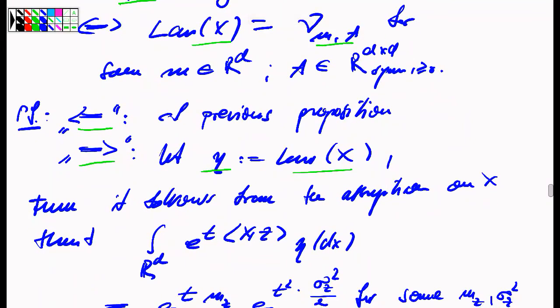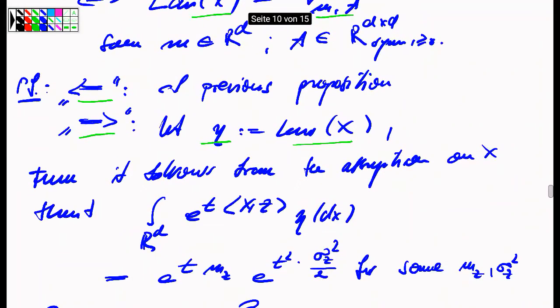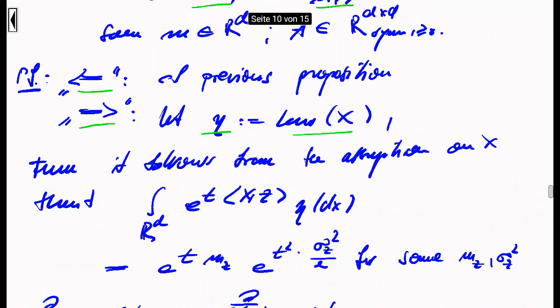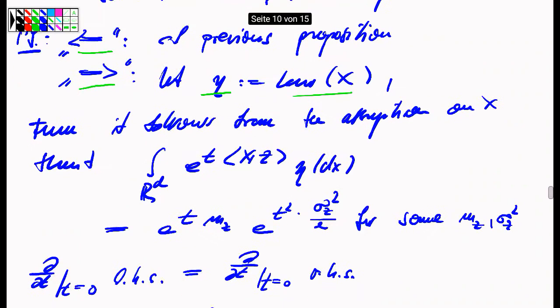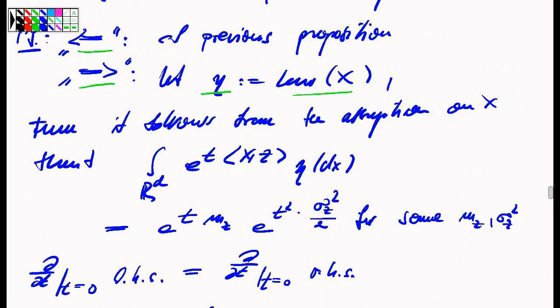We want to convince ourselves that the corresponding law eta of this full Rd-valued random variable is given in this parametric form. From the assumption on x, we know that the Laplace transform of the one-dimensional distribution in a given direction z coincides with the Laplace transform of the Gaussian measure in one dimension. Hence, if we consider this integral here,